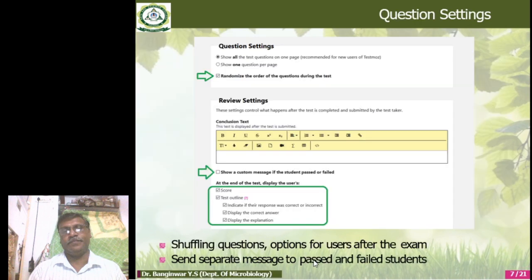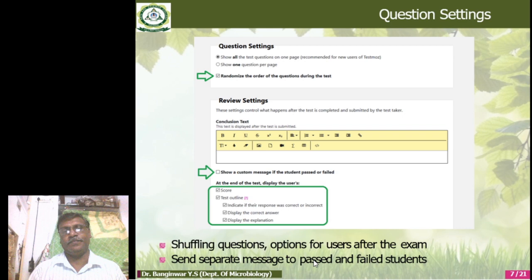Now next one, the question setting. How the test will look like, whether all the questions are put on one page or one question on one page. So here there will be the choice, either show all the test questions on a single page or show one question per page. Review setting, don't put anything here.